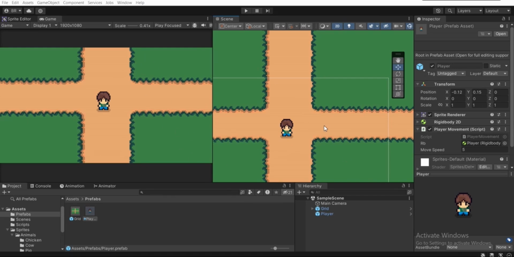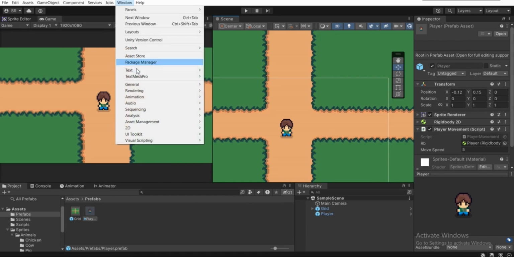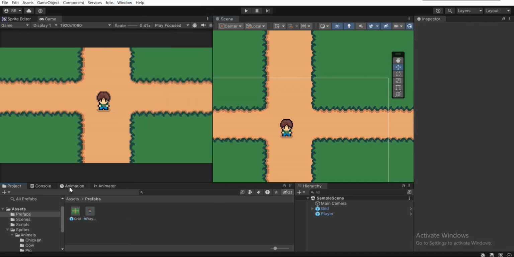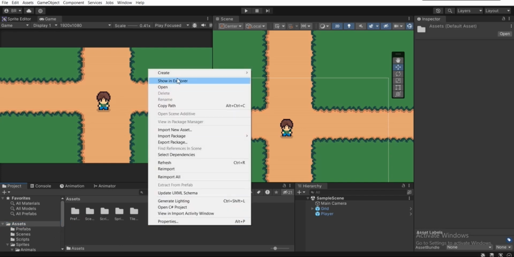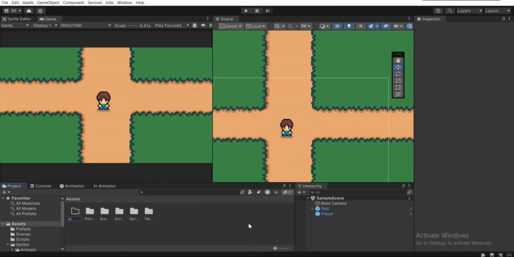To do so, we need the animation tab. To get that, go to Window at the top, then scroll down to Animation. The shortcut key is Control 6, and you can find the animator tab as well. I have it over here. To create the animation, we're going to use another way. First, let's create an animation folder to keep all of the animations in one place, to keep it a little cleaner and organized, so we can find anything we need. Go to assets, right click, create folder, and call this folder